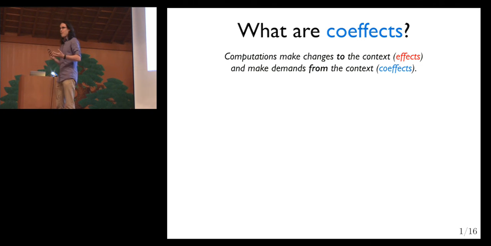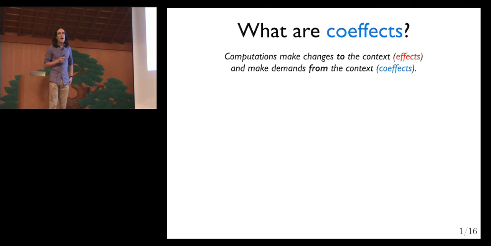I'm sure you're all very familiar with effects. I'm going to describe those as aspects of a computation which change the execution context. For example, mutating a variable or throwing an exception and changing the control flow. Now, co-effects, I appreciate they're less well known. We describe those as aspects of a computation relating to how a program uses or depends on its context.